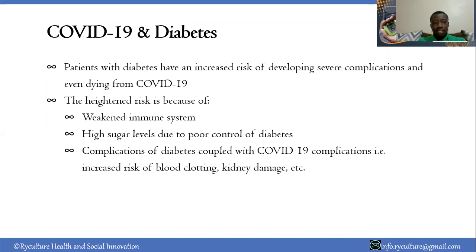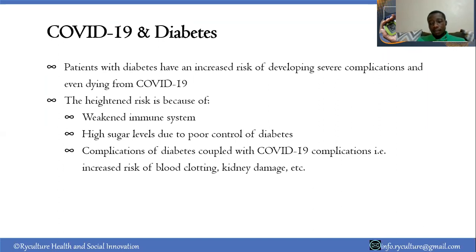And that's why it's very critical that we try as much as possible not to expose these people to infection. And if they get the infection, they need to get a very timely response so that they get managed as early as possible. And two, when we are protecting them from getting the infection, we need to ensure that their sugar levels are managed at a lower level within the normal range. As I mentioned, that should be 4 to 11 at most, let's say after eating and all that, when you have energy in your body.